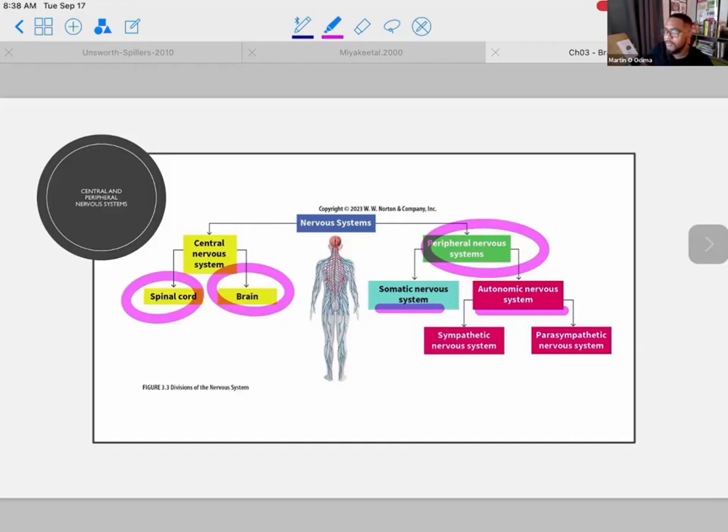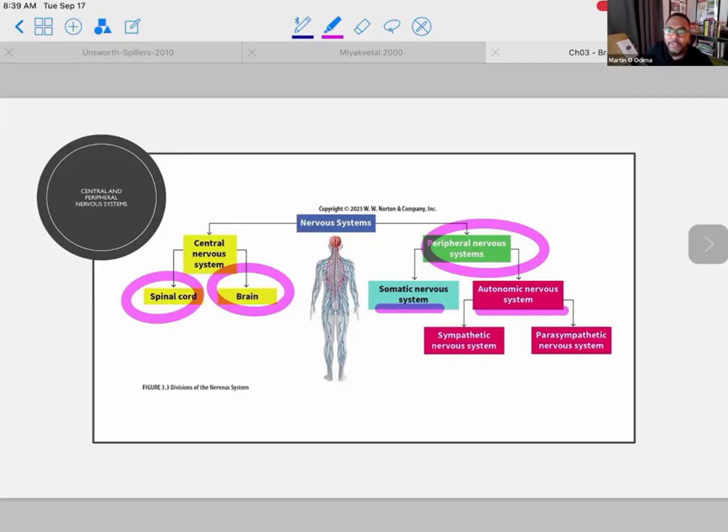So the central nervous system is comprised of, like I mentioned, the brain and the spinal cord, and it helps process information through various channels. The peripheral nervous system consists of nerves outside of the central nervous system. It connects our limbs and our organs to a central hub for processing. The peripheral nervous system can be separated into two different divisions, and that's the somatic nervous system, which controls voluntary movements, and the autonomic nervous system, which controls involuntary functions like heart rate.